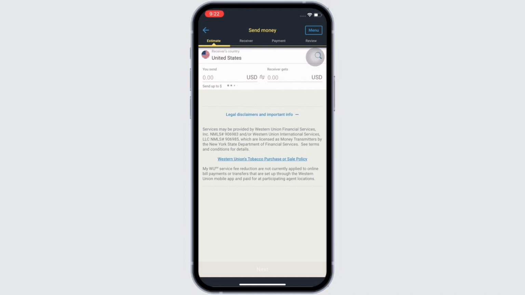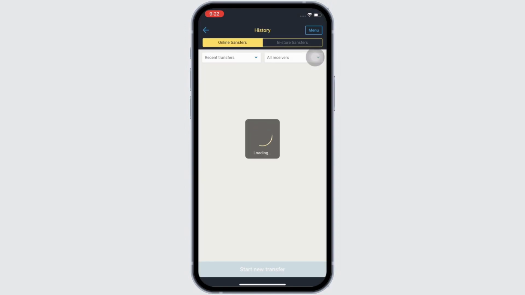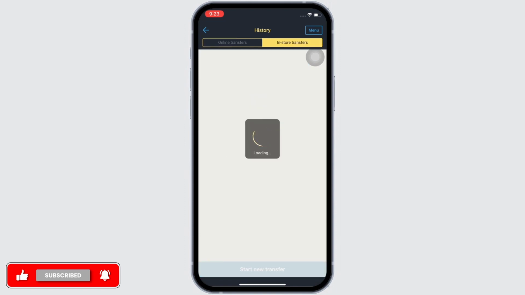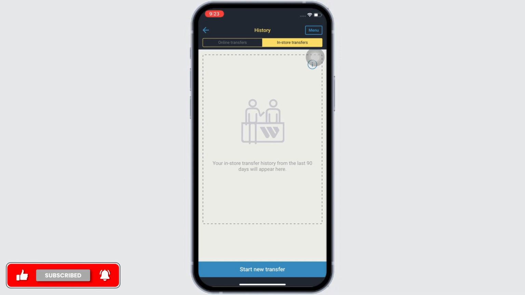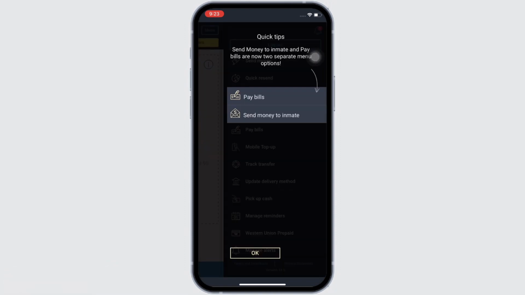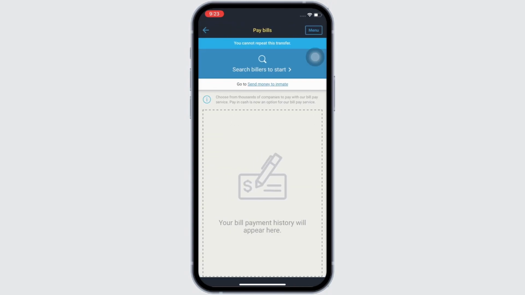Enter the transfer details. Select the country of your recipient. Enter the amount you want to send and then select mobile wallet as the delivery method. Next, enter the receiver's details. Enter your receiver's name as it appears on their ID and other required details for a mobile wallet transfer. Complete by paying. Pay with your credit or debit card or with a bank transfer. You will get a confirmation by SMS with the tracking number or the MTCN and a notification when the money